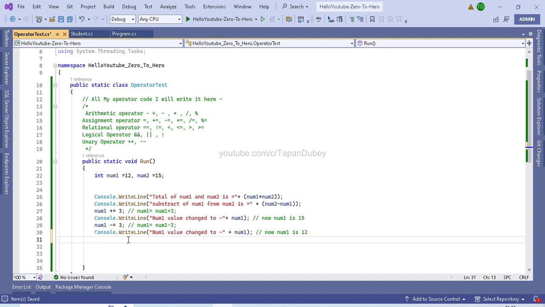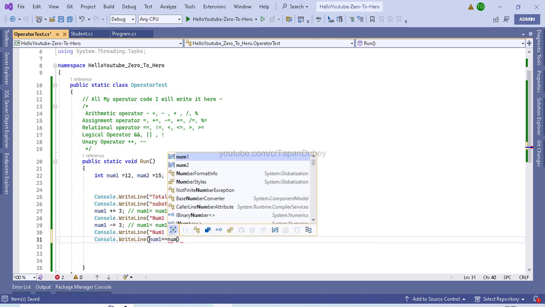Now if I say Console.WriteLine, and here I am going to check the equal to operator, whether both the numbers are equal or not. It basically returns a boolean value, true or false. It says yes, it is equal, or no, it is not equal. So it will give a boolean value. So I am saying num1 == num2,